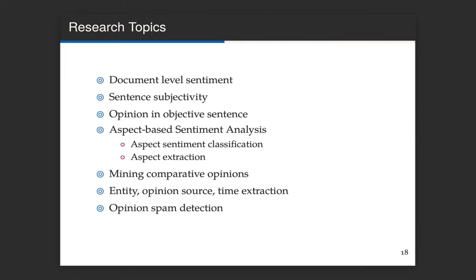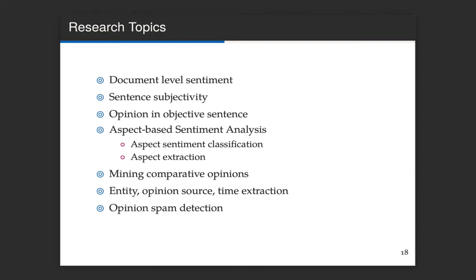It is also related to another natural language processing task, which is entity recognition. Sometimes the opinion source extraction is already there, but the entities are difficult to find because this is an informal way of writing. There are a lot of nicknames for a particular product, and you need to infer which nicknames refer to the same product. So entity recognition implies grouping the products with different names that are referring to a particular one.